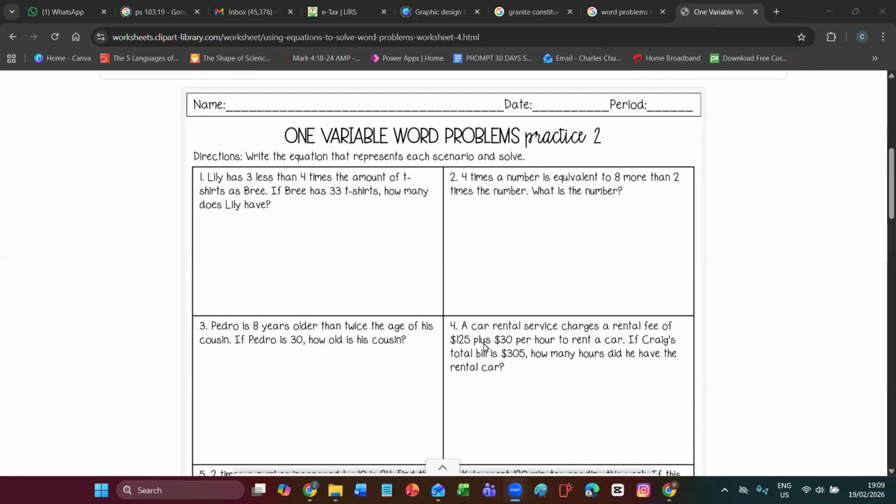The first one says Lily has three less than four times the amount of t-shirts as Bree. And it goes on to say if Bree has 33 t-shirts, how many does Lily have? Three less than four times the amount of t-shirts as Bree. Okay, so